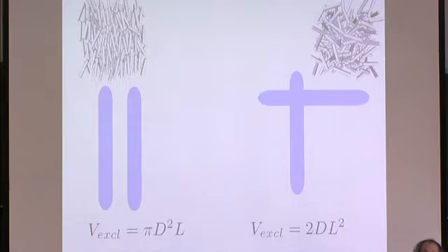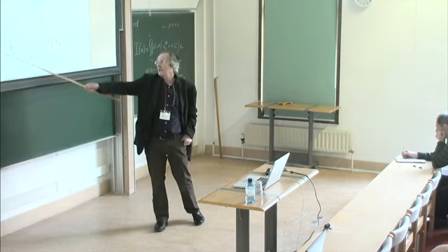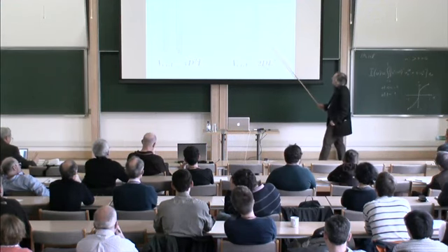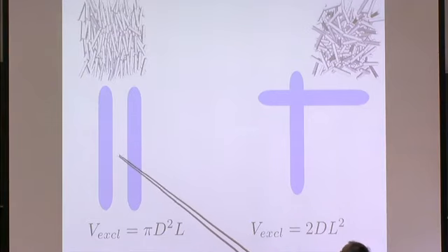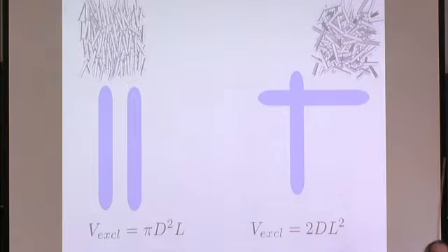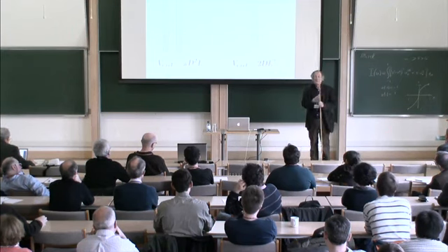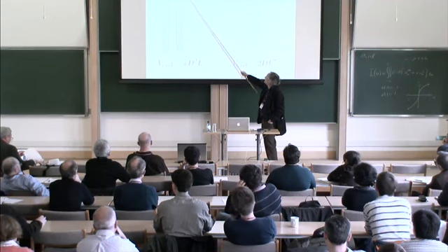So if you go to the limit of infinite aspect ratio, the excluded volume here is eventually infinitely smaller than the excluded volume there. Now, of course, in a nematic phase, rods are not perfectly aligned, so you never really get to this situation. But you can see how, if you have particles that are aligned, they exclude less volume to each other, so that as a consequence, they have a larger volume accessible,